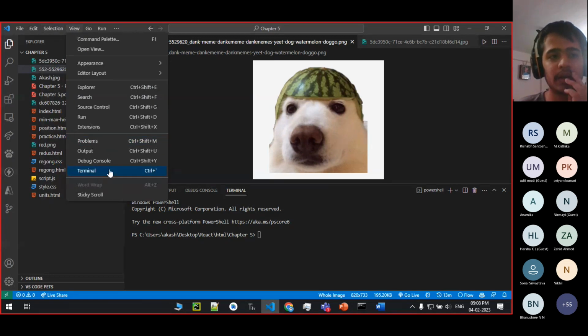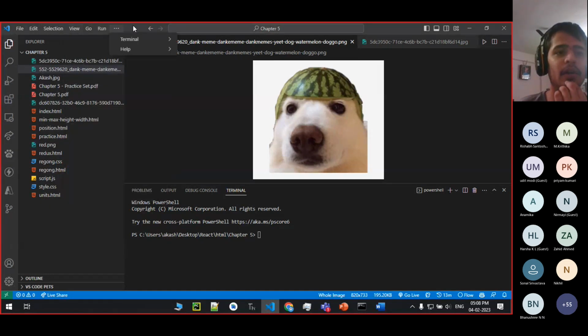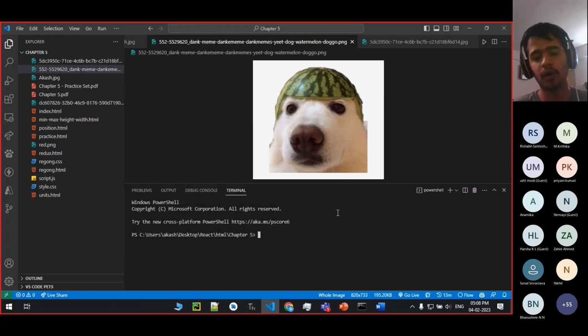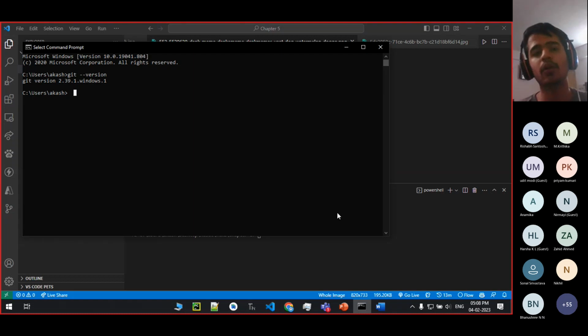Or here you can just go to terminal in view, or else you might have a separate terminal option over here, like see terminal, new terminal. Or else you guys can just go to your command prompt and start doing what I'm doing. Okay. So what first we'll do is now you got to